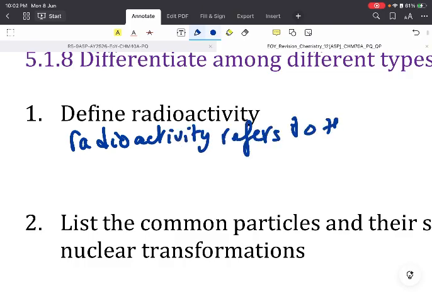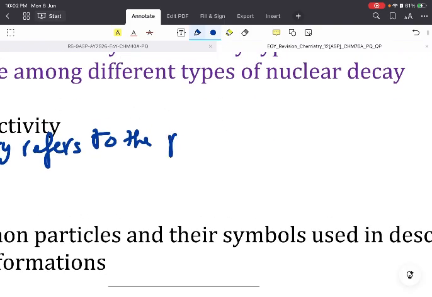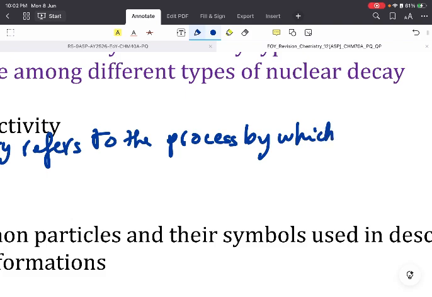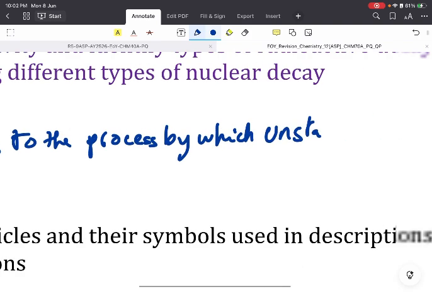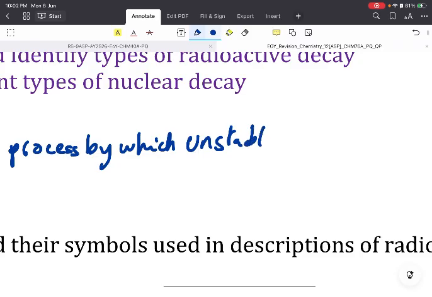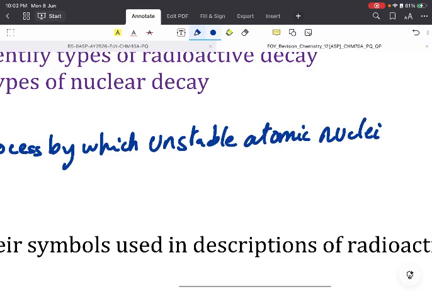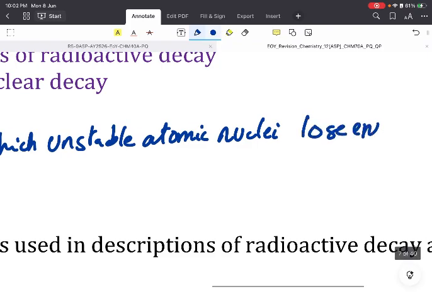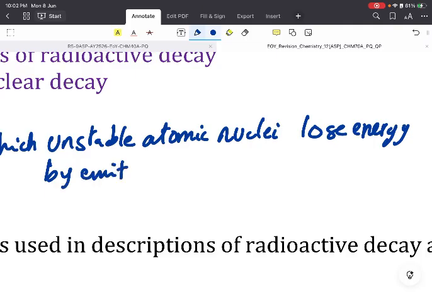refers to the process by which unstable atomic nuclei lose energy by emitting radiation. So usually we have an unstable nuclei that has a lot of energy and it's going to emit radiation